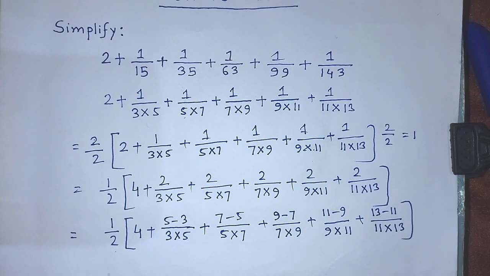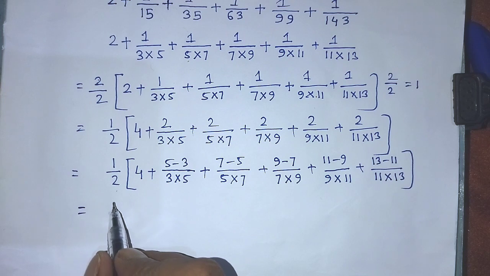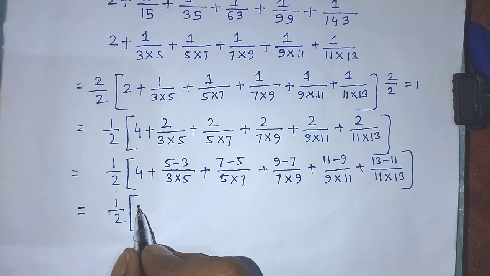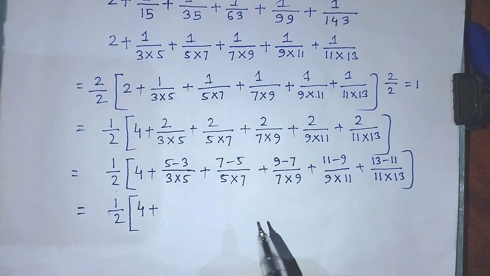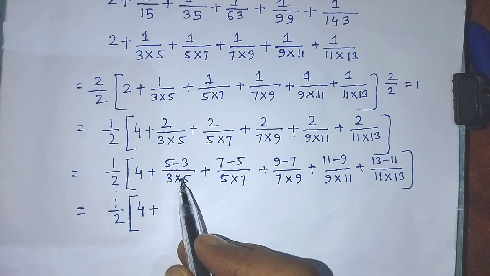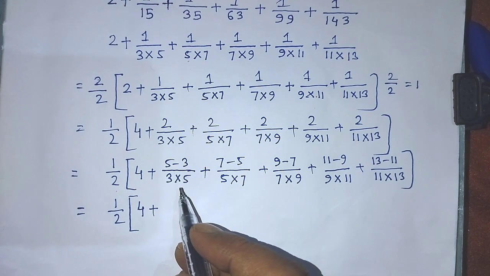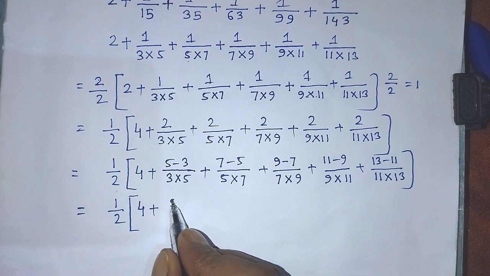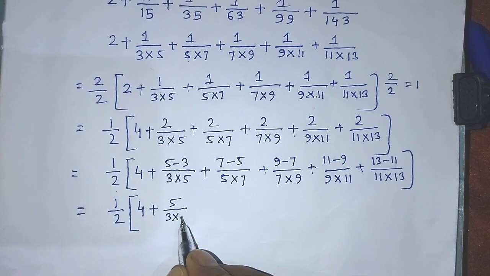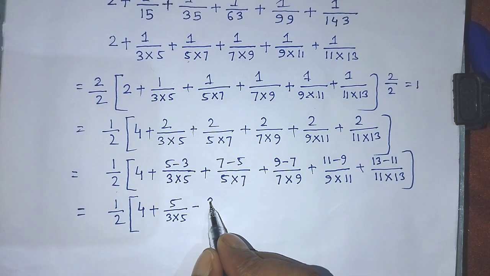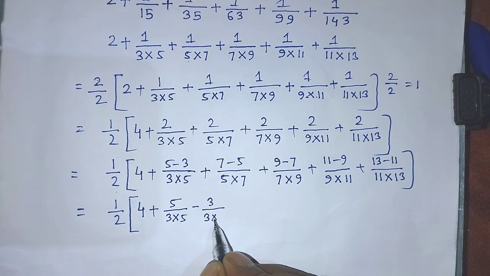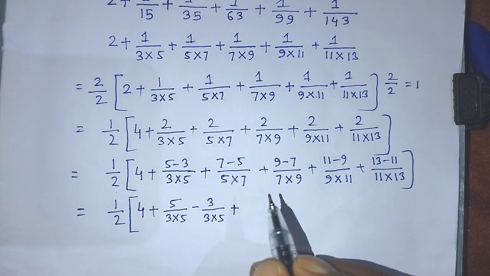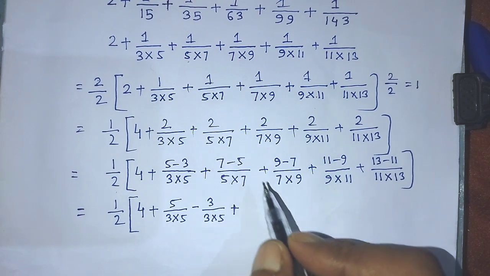So student, now we can write 1/2 [bracket], and inside this bracket again we have to write 4 plus, in the second term, 5 minus 3 over 3 into 5. So student, according to the distributive law we can write from this fraction 5 over 3 into 5 minus 3 over 3 into 5, plus, similarly according to the distributive law we can write from this fraction 7